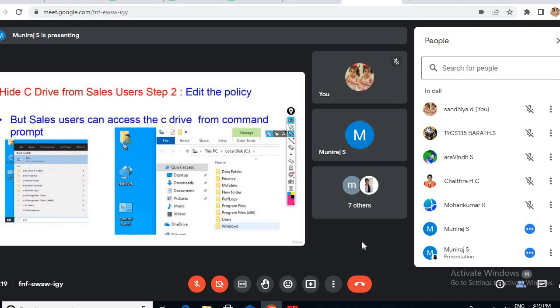Now guys, but the other department like sales or the finance, wherever we have applied the policies, we have applied the policy on finance. So finance users can access the C drive from command prompt. Okay, so they will go to this command prompt and they will access it. Okay, so